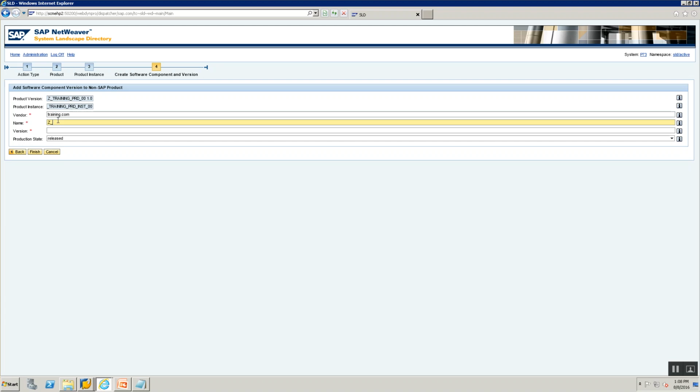Okay, Z underscore training, training underscore SWCV underscore 00. So what does it mean? SWCV is nothing but software component version. Okay, and my version is going to be 1.0. As simple as that. I have just made sure your naming conventions are consistent to the type of object that